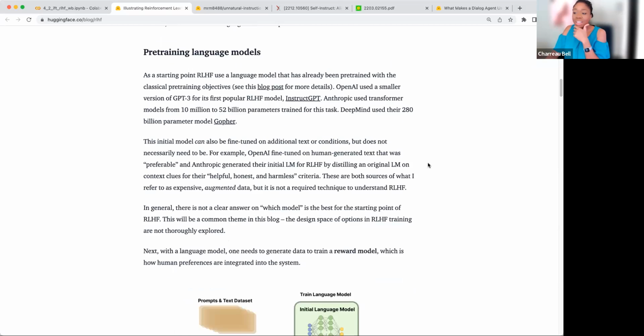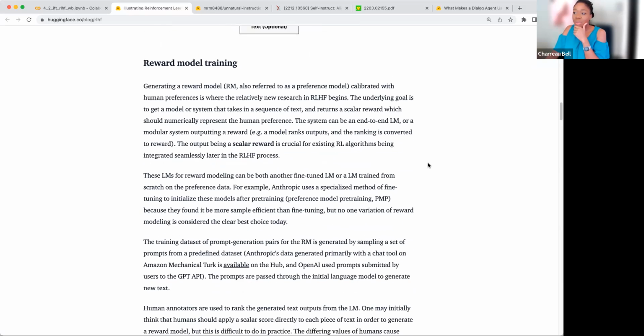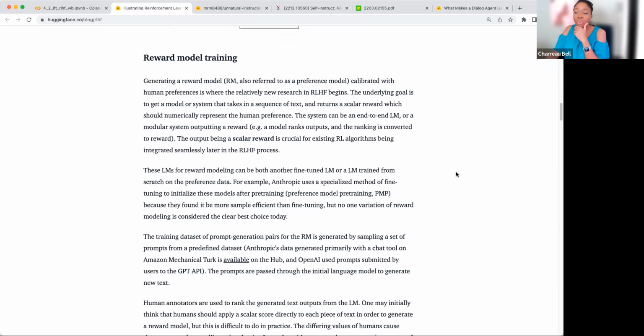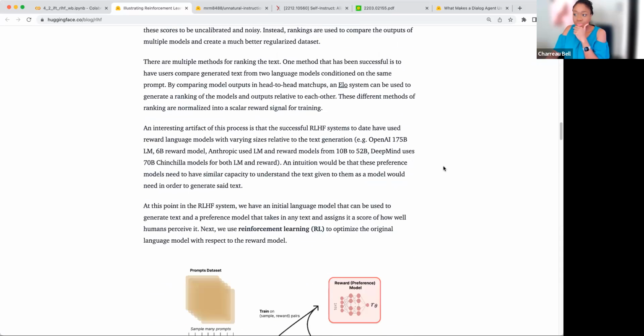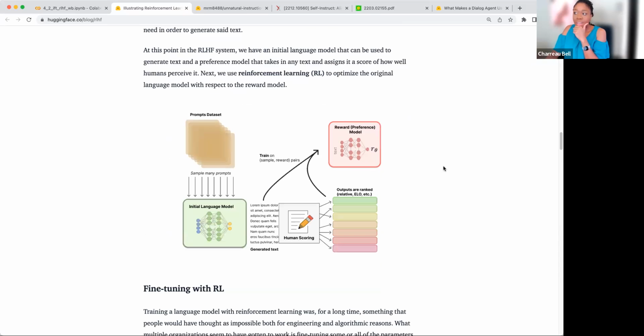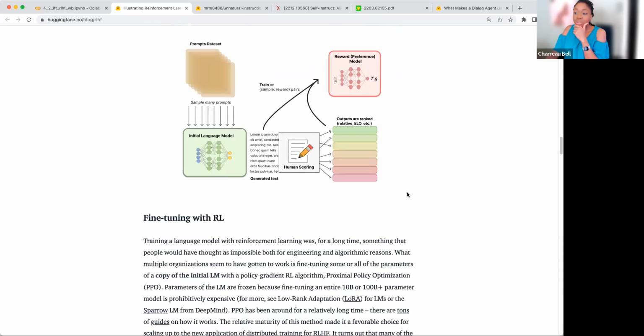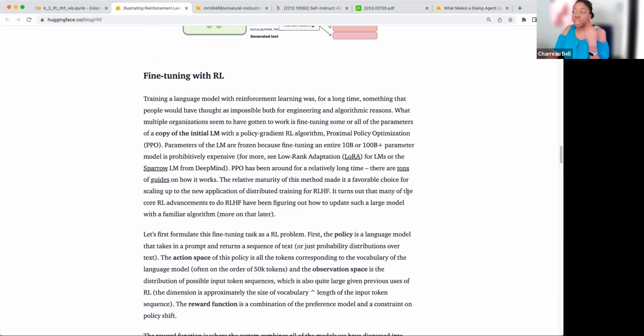Take a look at this and read it a little bit more. Essentially, it means that we need to have a scale to reward, and a separate model is going to be training that reward. And then we use that preference model to train our original model.